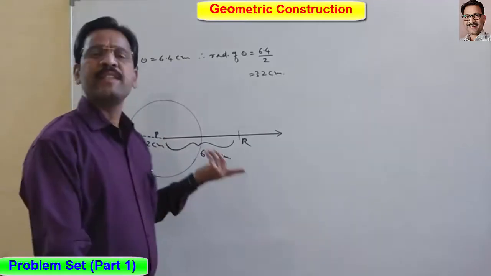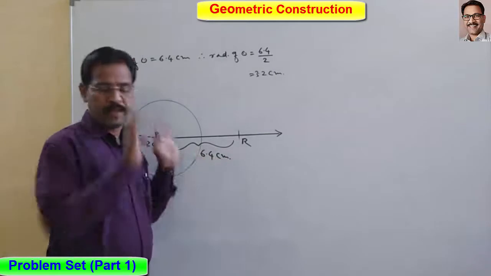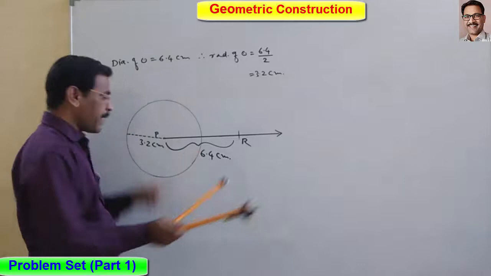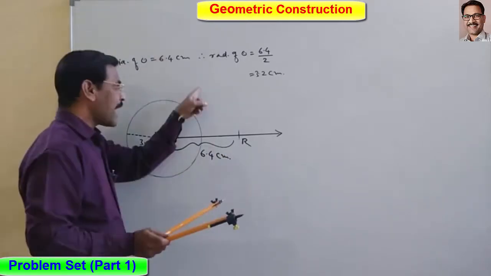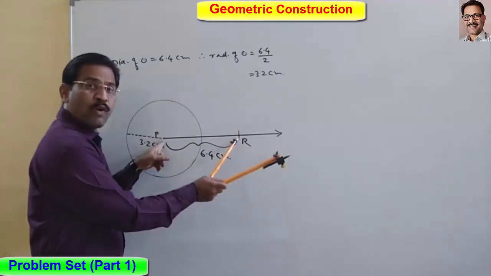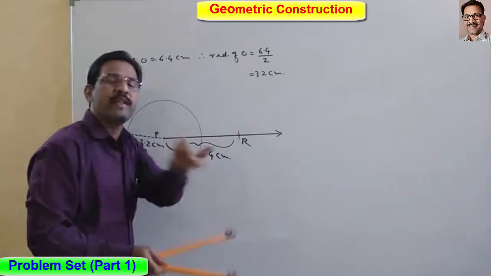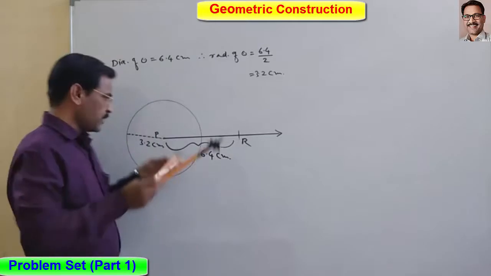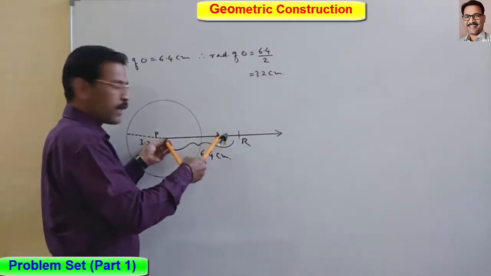Okay, now very similar to the previous sum, here also we have to proceed. So now by compass I am going to draw the perpendicular bisector of this PR, but that perpendicular line must be like the tangent of this circle. Why? Because this is 6.4. Okay, this 6.4 is exactly double the radius, meaning the diameter. So this line must touch the circle. So I will take more than half to draw the tangent, the perpendicular bisector.